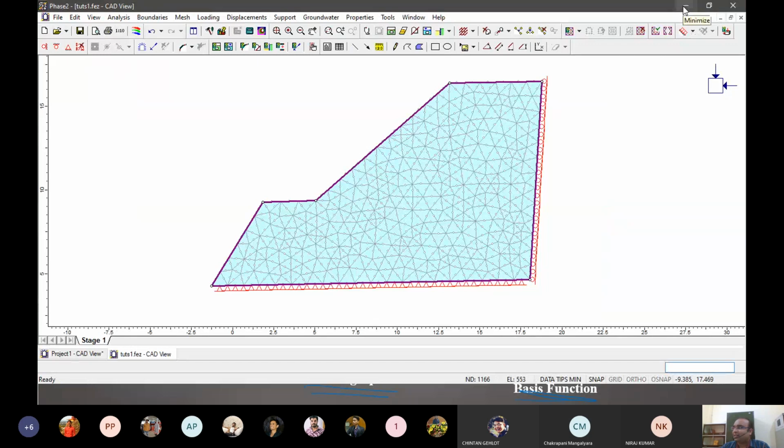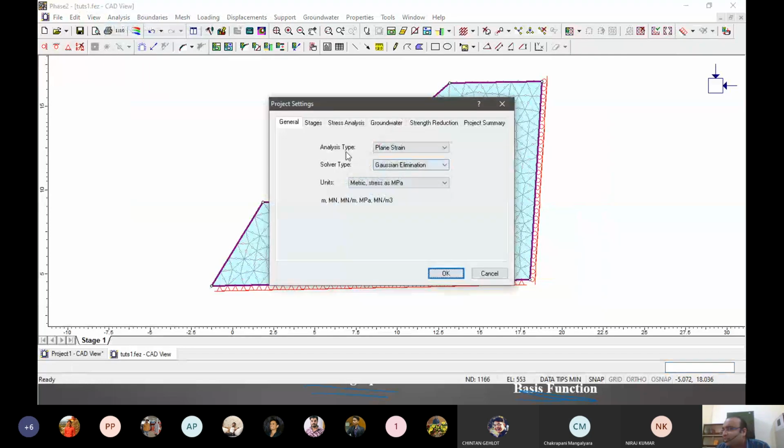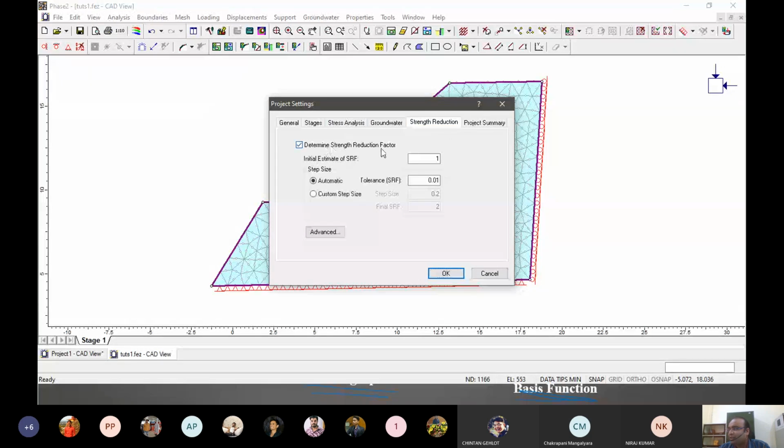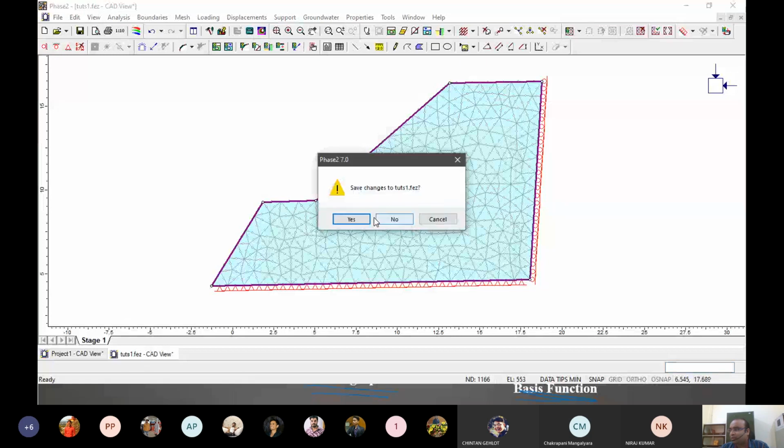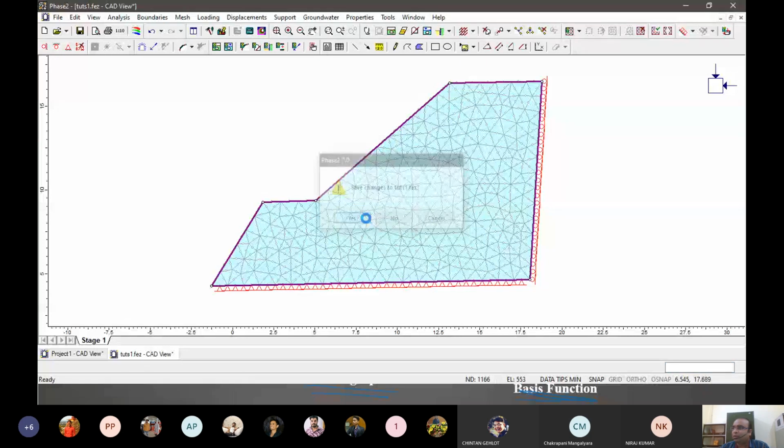A good thing is that we can do a stress strain analysis as well as something called a strength reduction factor analysis. In our project settings, we go and see the strength reduction. The strength reduction factor reduces strength one by one. We'll be discussing all this when we take it up next time, but just to show you how things can be done. It reduces the strength, and there is a tolerance factor beyond which it doesn't reduce. It can calculate, but it won't yet because we have not given elasticity to our model.